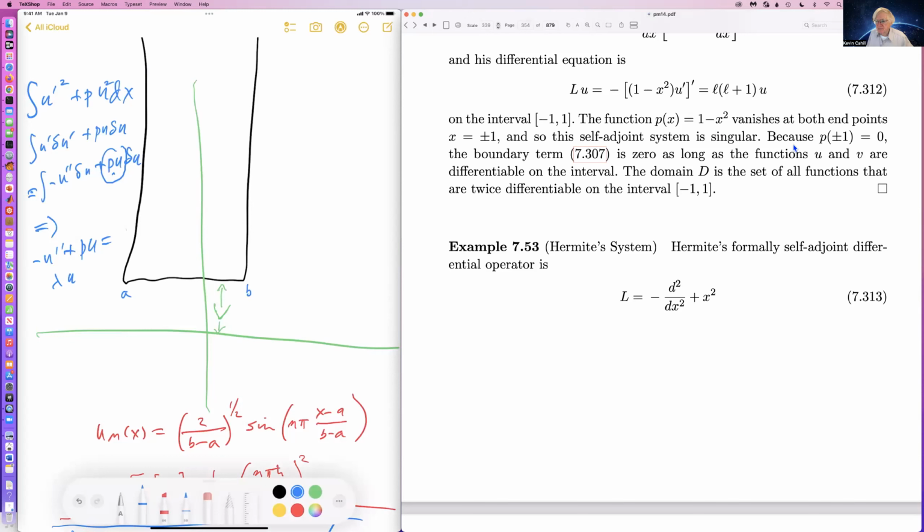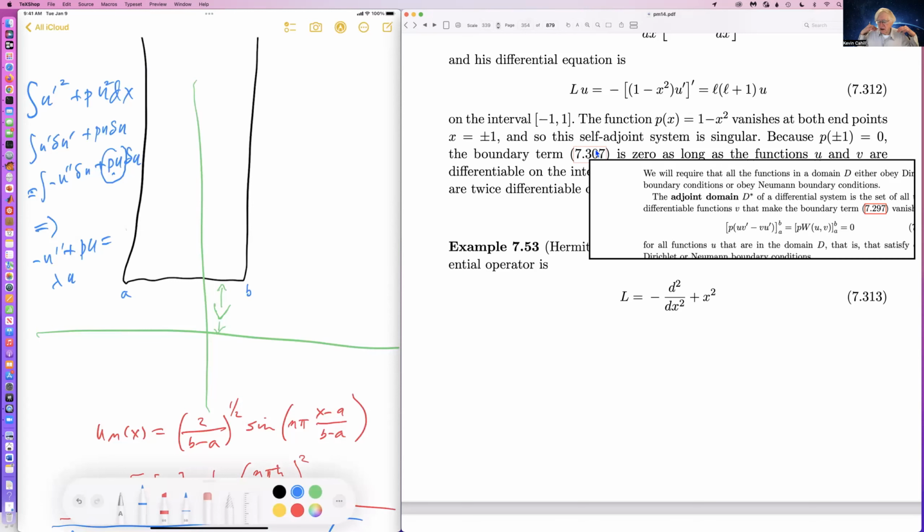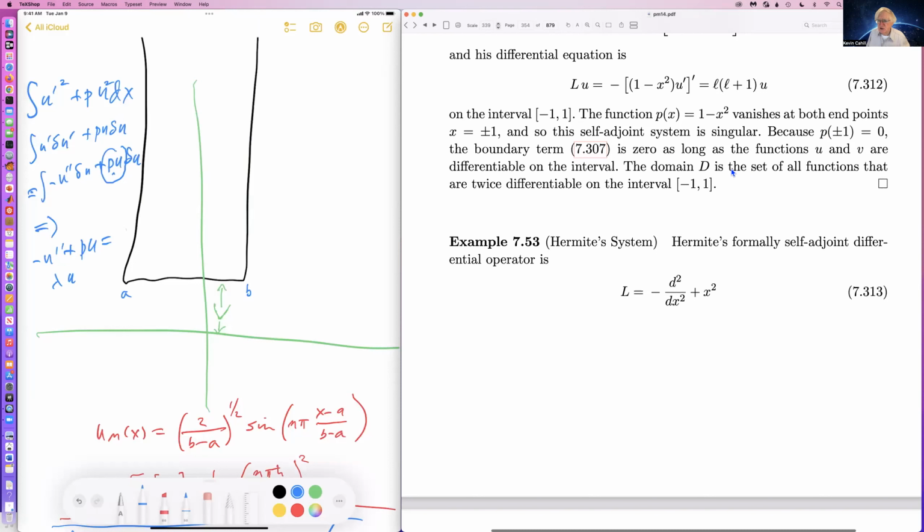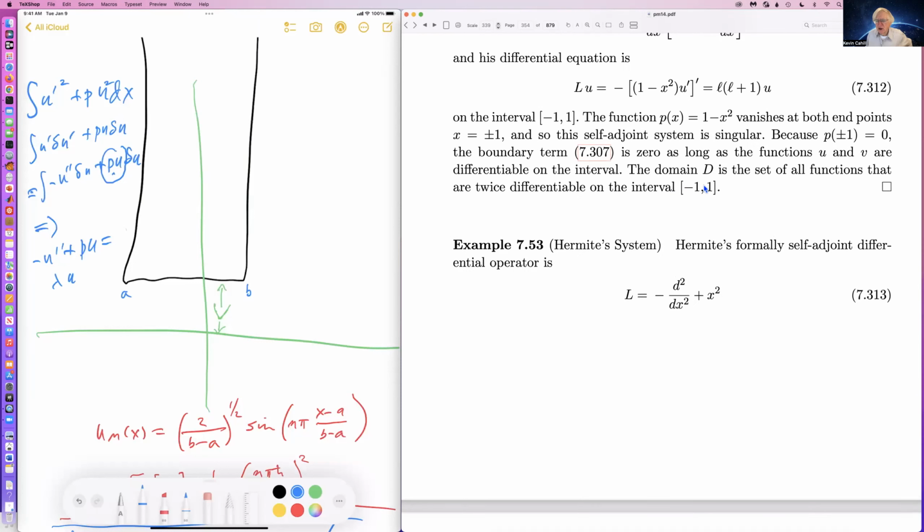But on the other hand, it is 0 at the endpoints. But on the other hand, the boundary terms, which are proportional to the Wronskian of u and v, do vanish at the endpoints because it involves p. It's linear in p, and so p vanishes there. So it's okay. And the domain D is the set of all functions that are twice differentiable on the interval